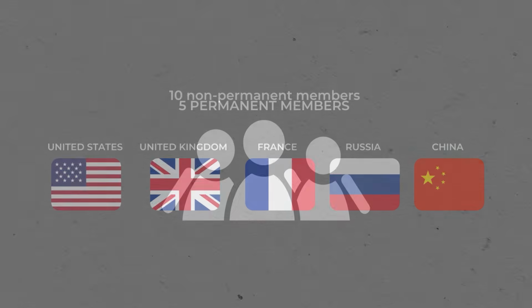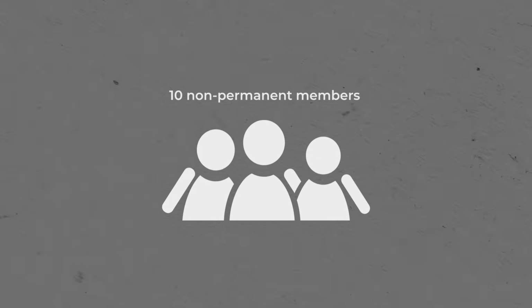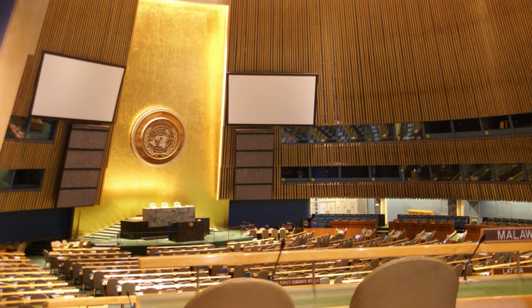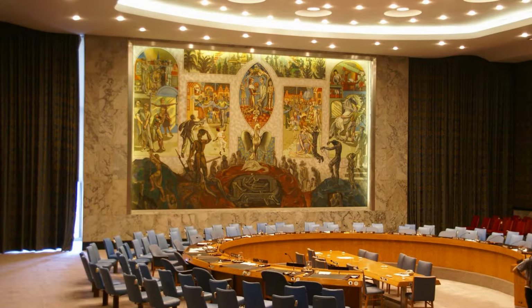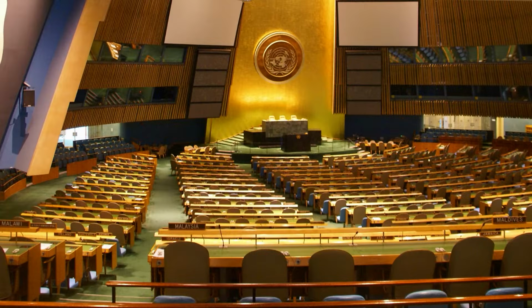The Security Council is also joined by 10 non-permanent members, who rotate every 2 years and are chosen along geographical lines. The Security Council has the power to meet at any time, and each member always has a representative at UN headquarters. When a complaint about a threat to peace is brought before the Security Council, it can take a number of steps to address the issue.